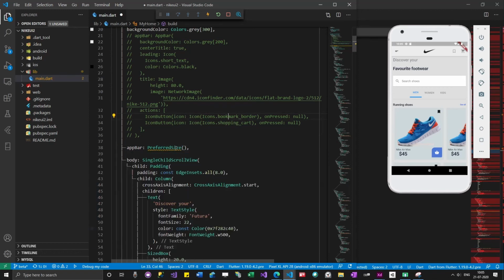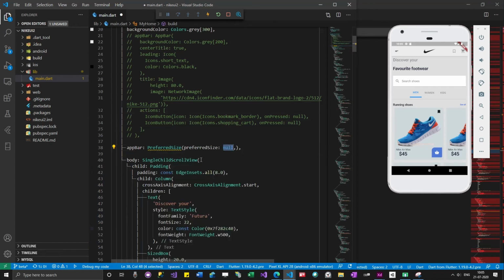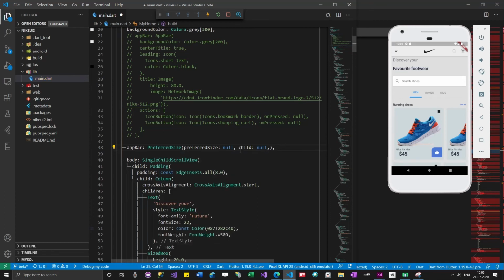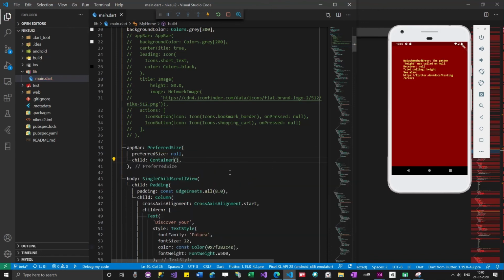It needs a preferred size and then a child. For child I'm going to give a container. In this example we are actually going to create a custom app bar. Similar way you can create a custom bottom navigation bar also.